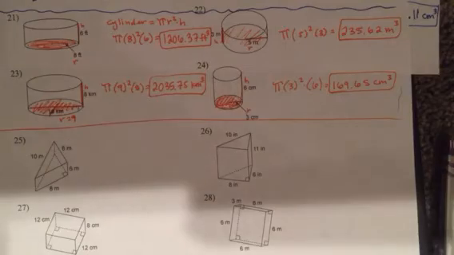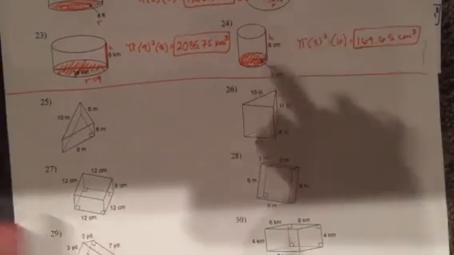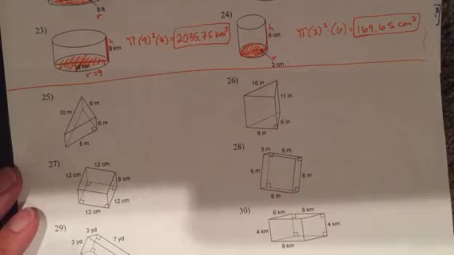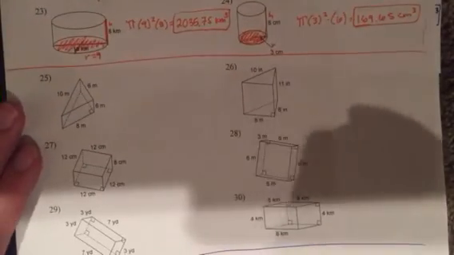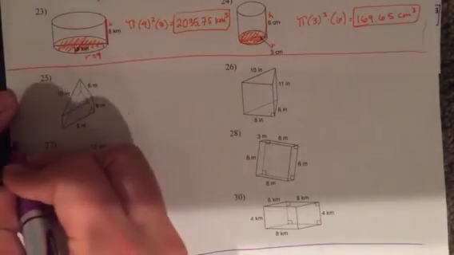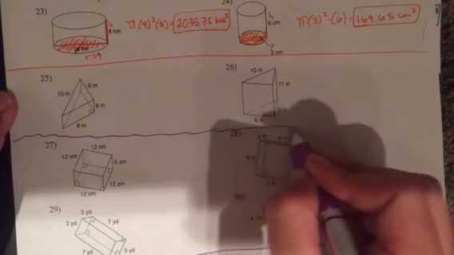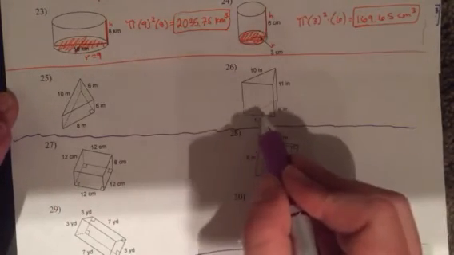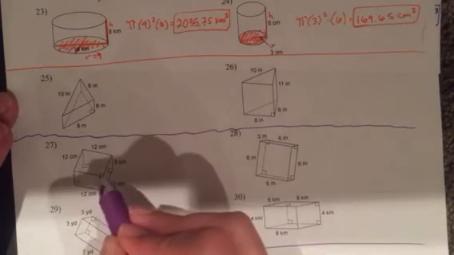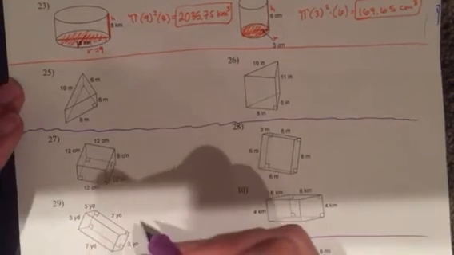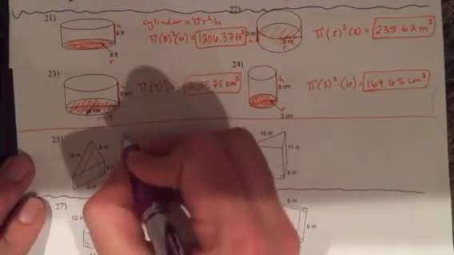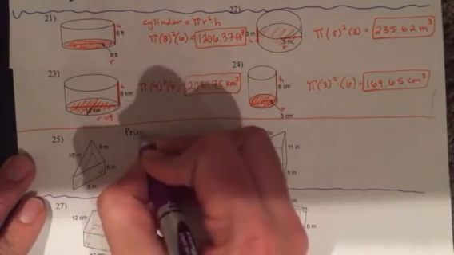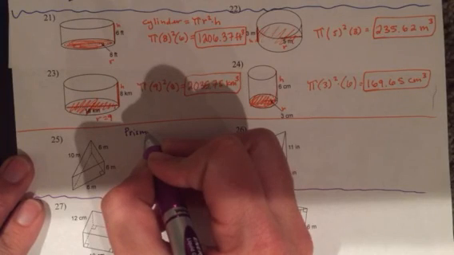Alright, our next shapes. These are prisms. And there are 2 types of prisms in this section, so I'm going to split them up. These prisms have triangles for bases. These prisms have squares or a rectangle. So for a prism, to find the area of a prism,